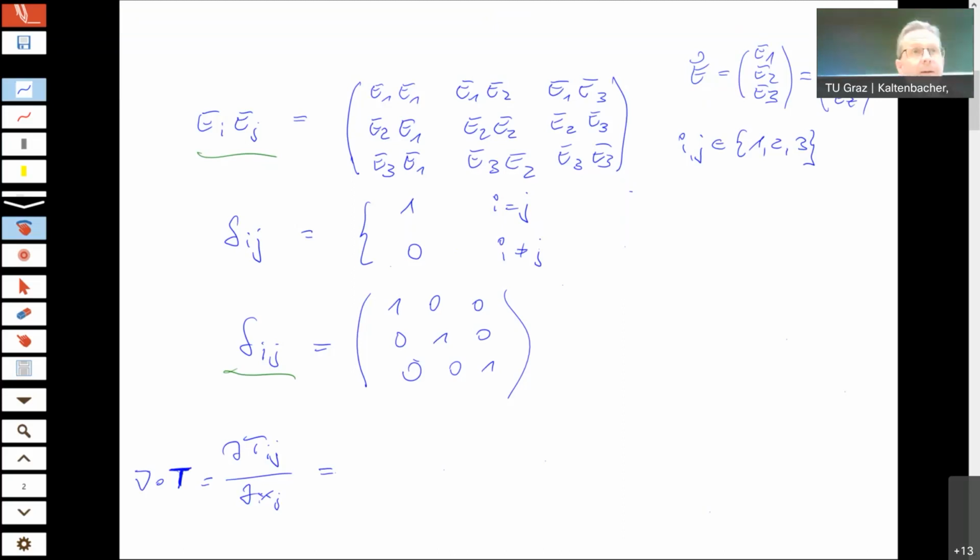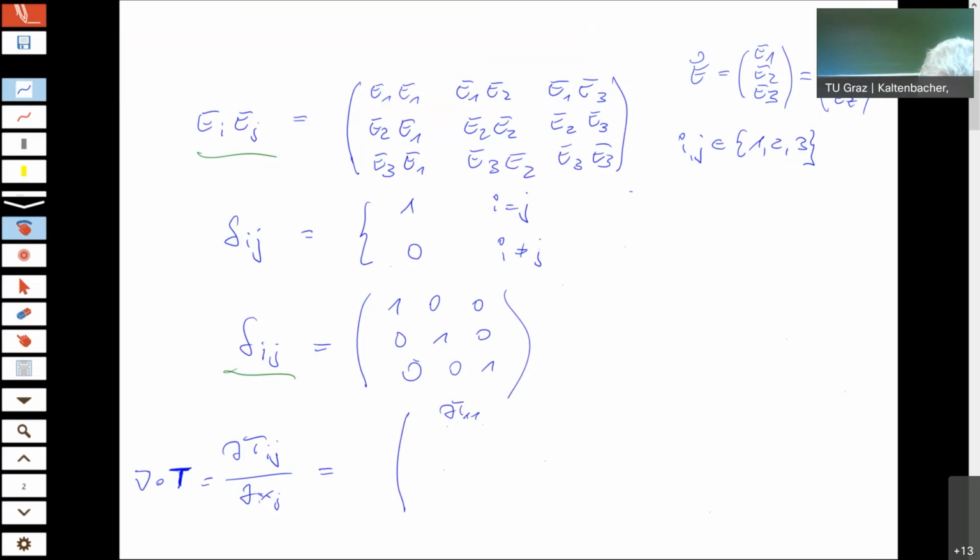Yeah? And as we know, the divergence of a vector is a scalar. So you see, you always have a reduction of 1 in the order of a tensor, because a vector is a tensor of first order, a scalar is a tensor of 0 order. Which means, if you take the divergence now on a tensor of second order, you should get out a tensor of first order, which is a vector. Yeah? So in this sense, we see it is